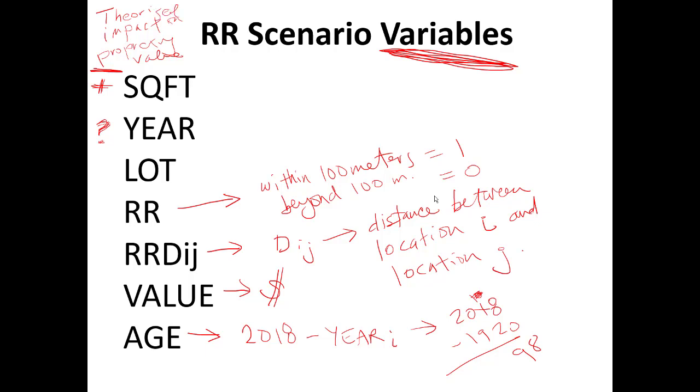So we think square footage, bigger houses are probably worth more, all other things being equal. For age, for year that the house was built, we're not really sure. For lot size, bigger lots, all other things being equal, are probably worth more or lead to the house costing more. Railroad. So for this one, if it's within 100 meters,